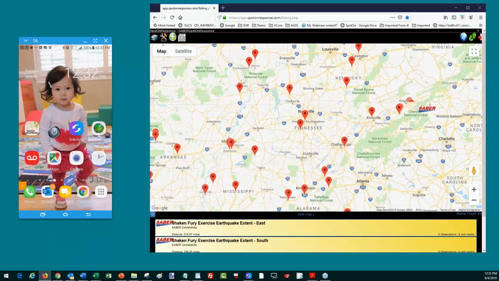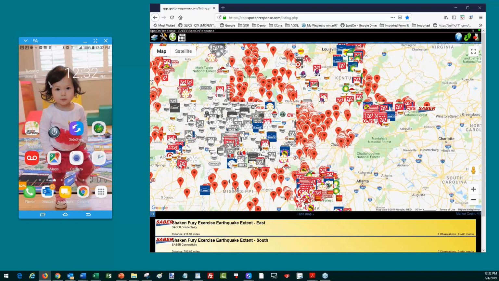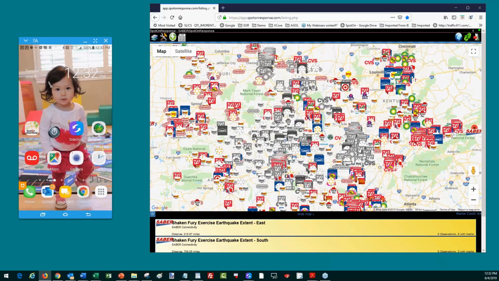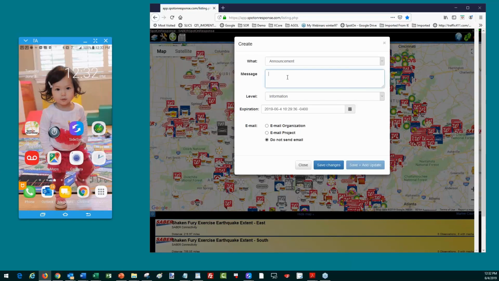That's the live view. All right. So here is the SABER mobile app on the left-hand side and the web app on the right-hand side. And this is something that I would do if I were trying to organize a group of people to participate. I want to make an announcement. And the announcement is going to be that webinar,